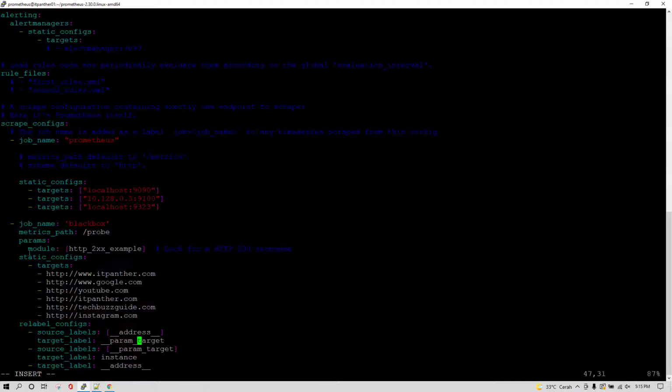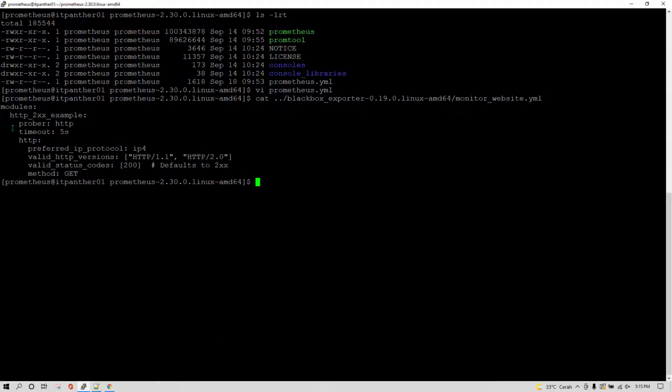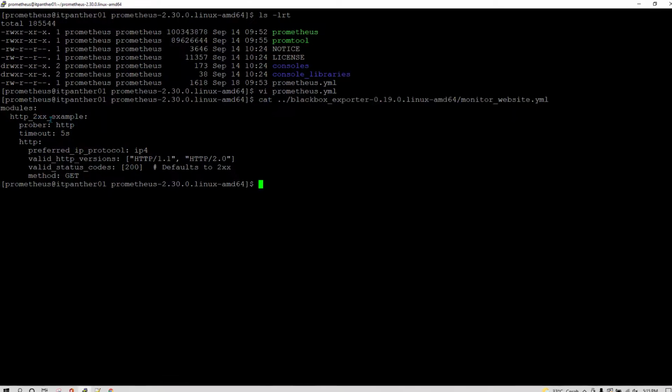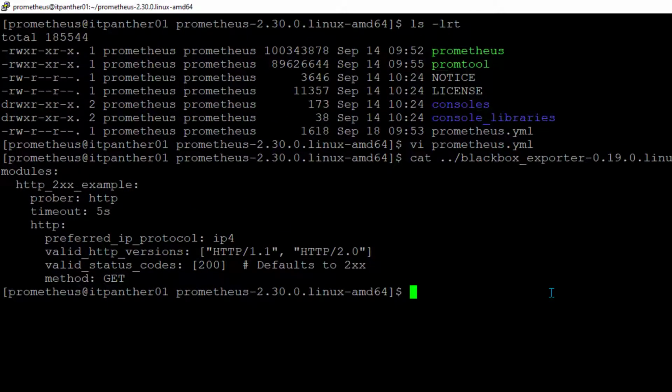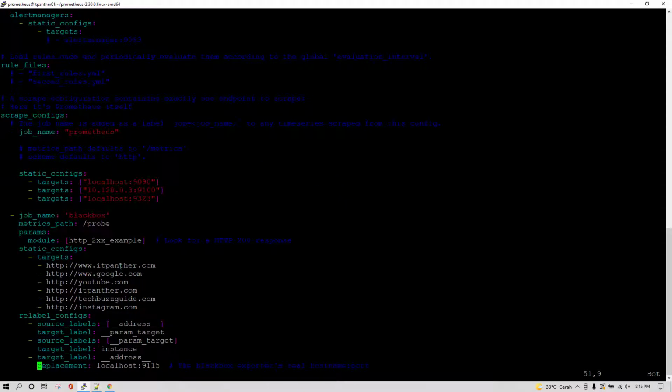Now remember one thing, in the module name you need to give the module name which you have given in the Blackbox configuration file. So here this is called http_2xx_example, and if I just save and exit, and go back to the Blackbox configuration file just to show you, you can see the name is http_2xx_example. So just make sure in the Prometheus configuration file you give the exact same name, otherwise you might face some issue. So now here you can see we have given the complete list of websites which we want to monitor,